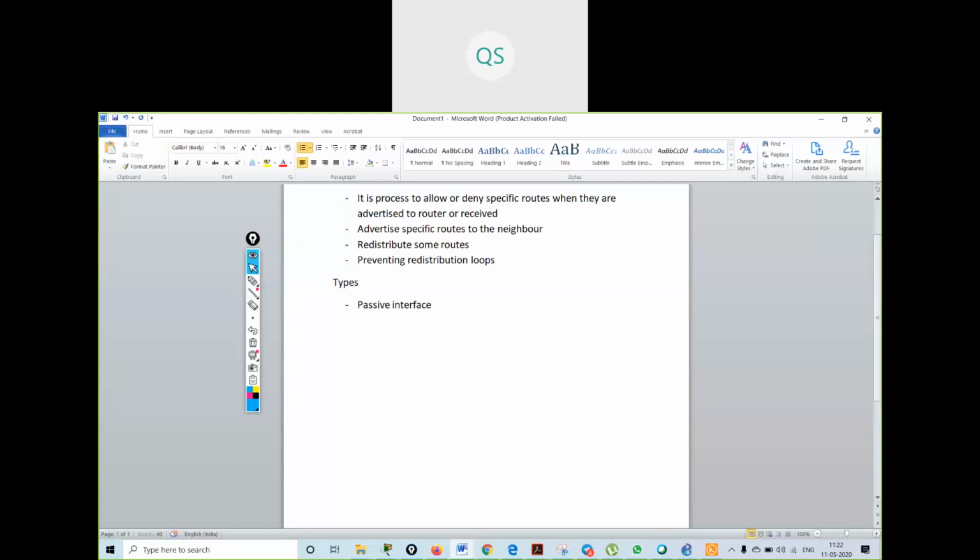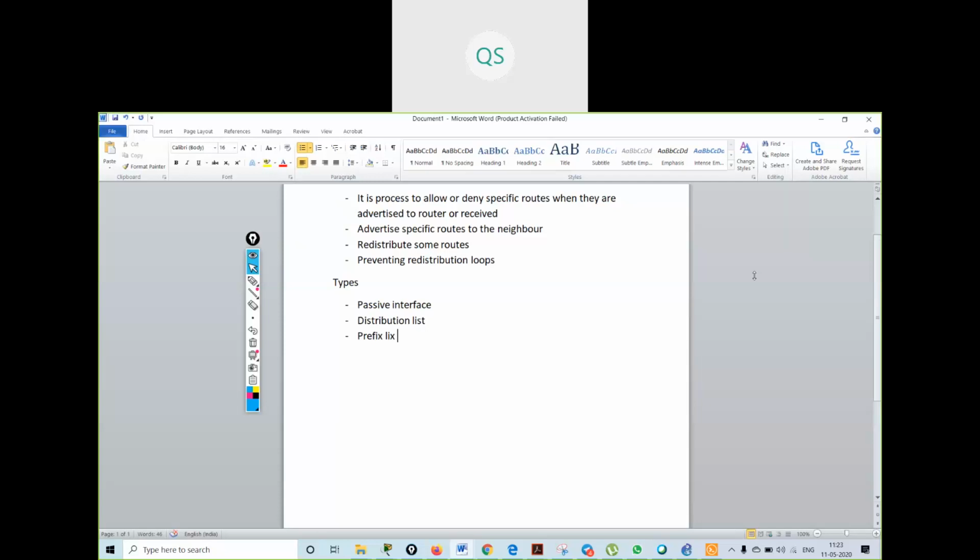So the next one is distribution list. Distribution list is something that works with an access list. We will be seeing distribution list in detail. Then you have something known as prefix list.